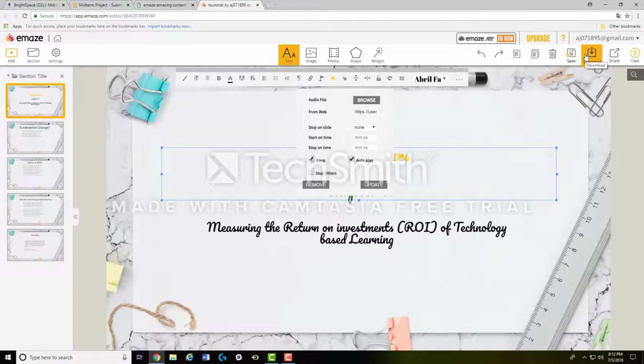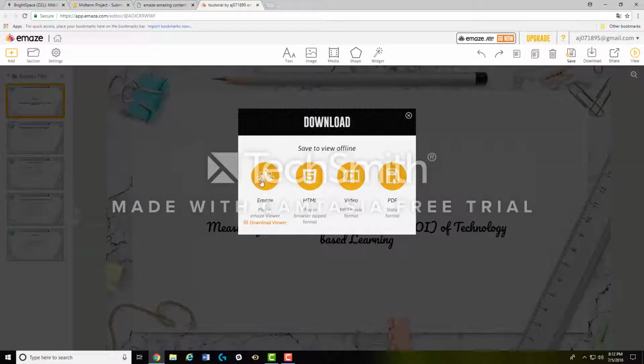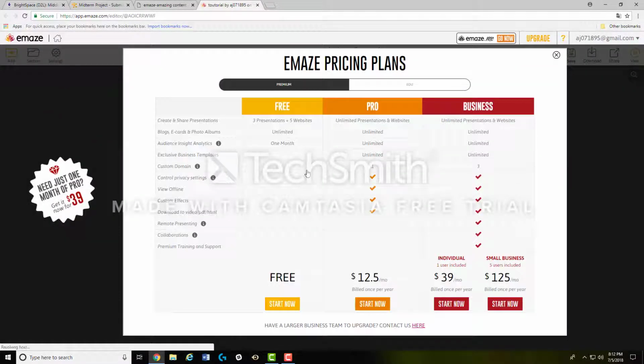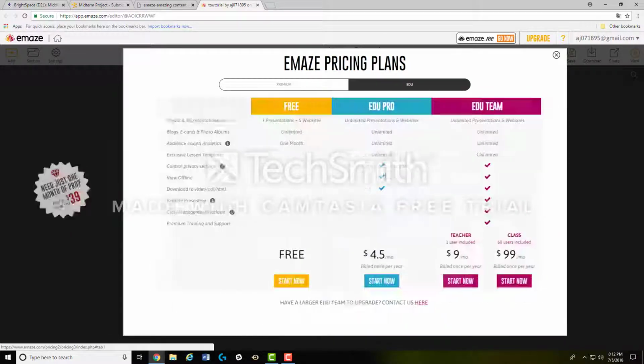First and foremost, the download button. What the download button will do for us here is it'll provide Emaze, HTML, video, PDF. So for most things that you want to use with Emaze, if you're not purchasing the software, you're going to want to focus on this button right here. The HTML button will show different, well actually no, it's not that one, but what all of these buttons are going to do